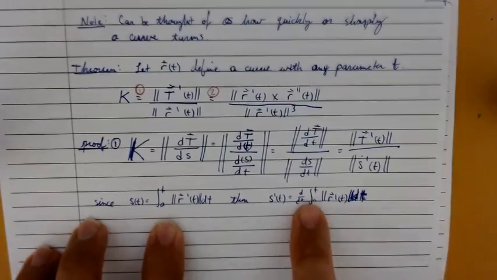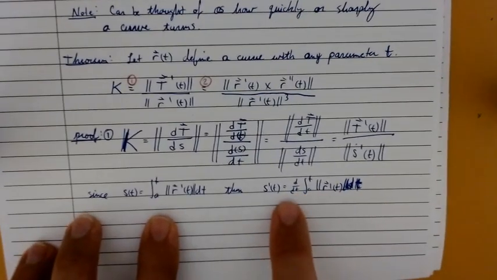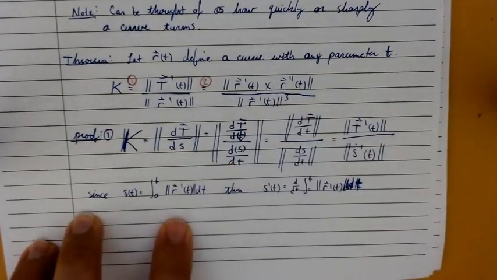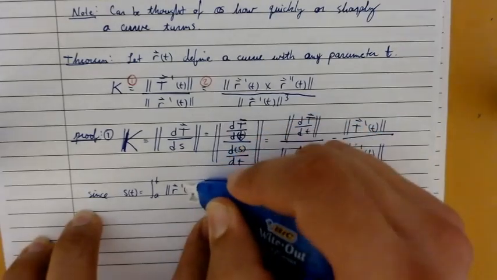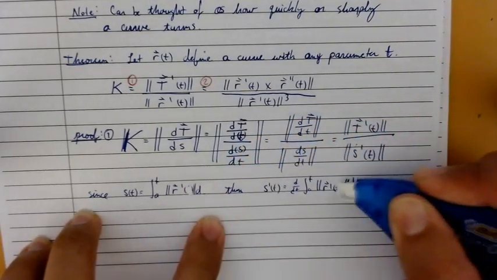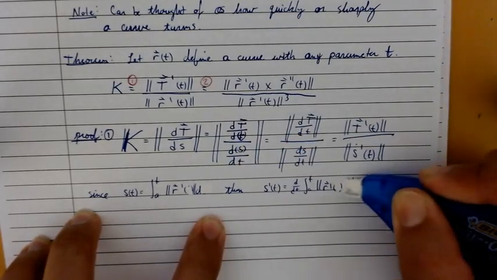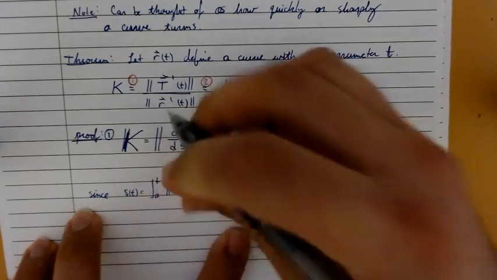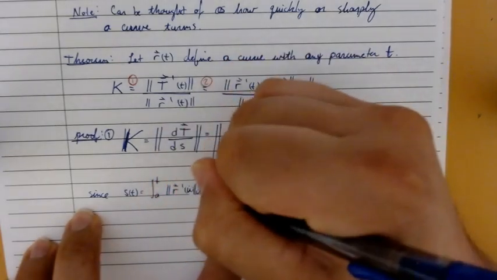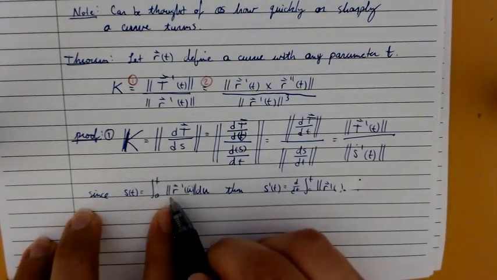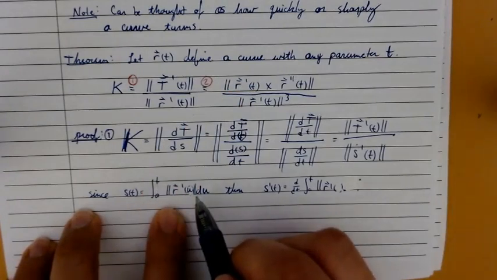But by the second fundamental theorem of calculus, the derivative with respect to t of the integral with respect to t, ooh, that's very bad notation. I should not be using t twice, should I? Here, we can use a different value. Let's just say u, I believe is what we did before. There we go. The integral from a to t of the magnitude of r prime of u du,